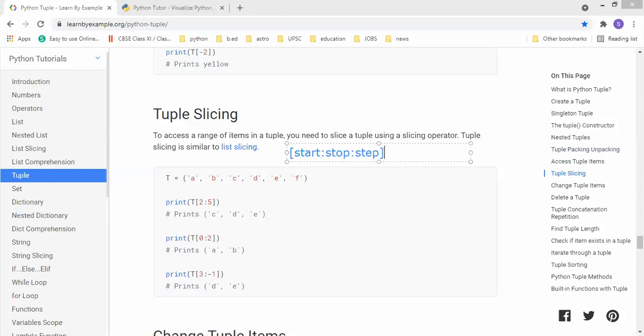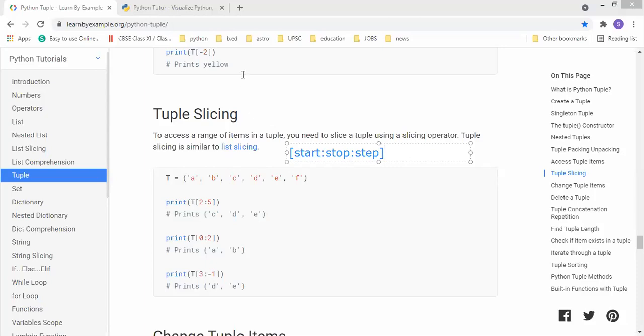This is the thing you should always remember, because we use slicing in all the data types, like string, list, tuple, and you can also use it in a dictionary. Slicing means getting a part of the original data type, either a string, list or tuple. Not the entire items, we can get a part. You can specify the location where we have to start and where we have to stop, and if you want to jump the values, you can specify that in the step. Understood everyone?